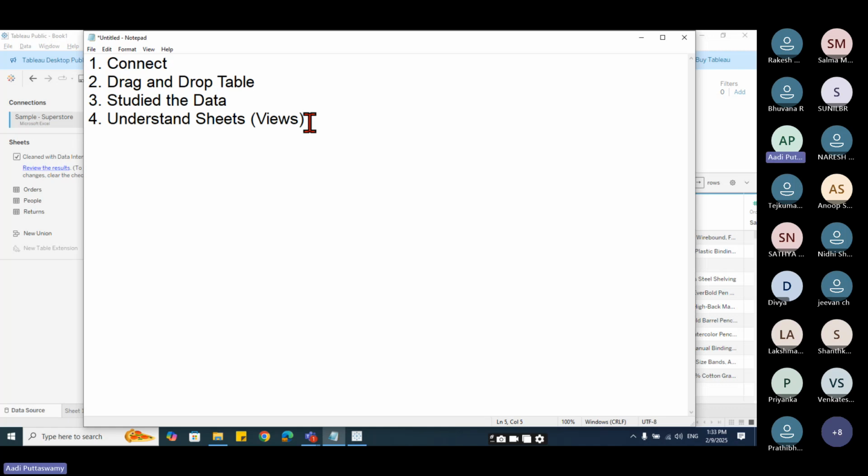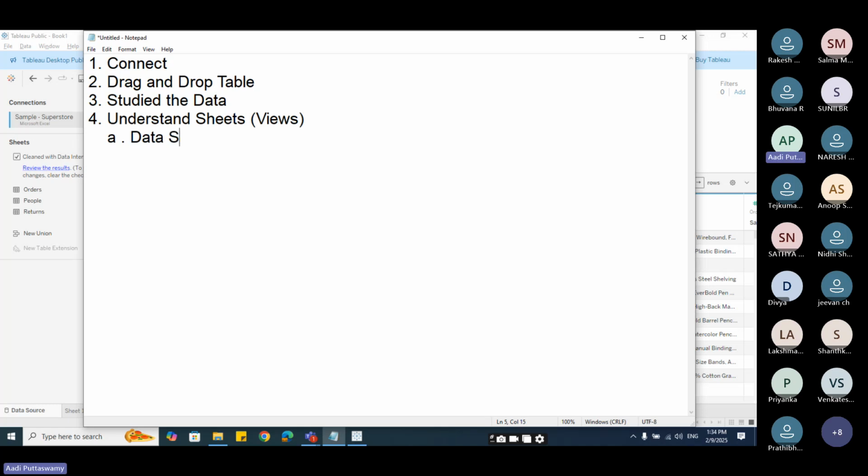In Power BI, okay, people who have done a Power BI, you might be knowing. If you don't know Power BI, there are 3 different views, correct? Let me tell you what is that. Report view, table view, and model view, correct? 3 views. But here, say in Power BI, what happens? The report, everything is created together and the dashboard is created. But in Tableau, it's not like that. Let me tell you, we have